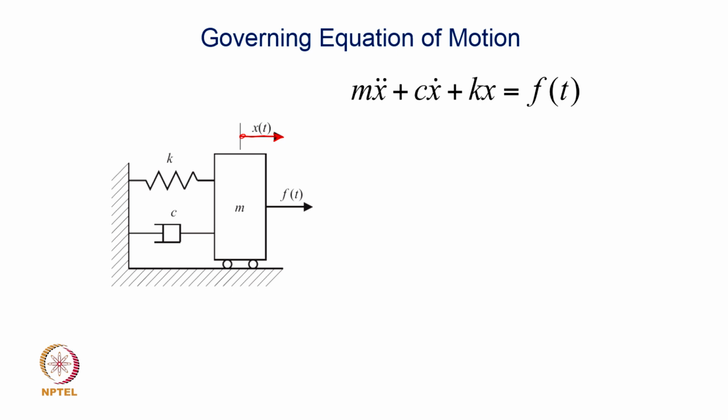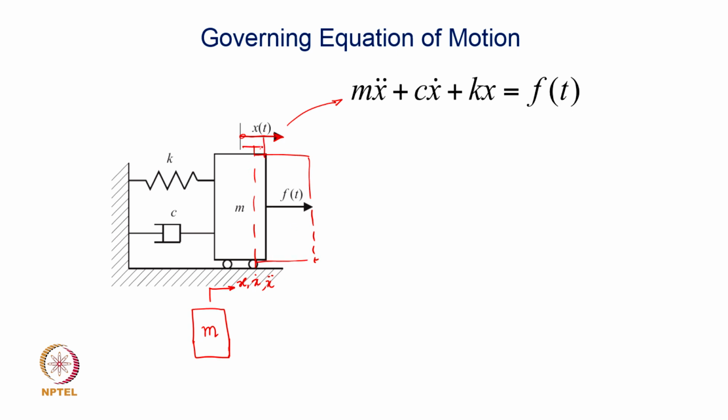How do we get the governing equations of motion? As the vibration analysis step number 2, getting the governing equation from the vibratory model goes through a couple of alternate processes. The simplest one, as I mentioned, is using a free body diagram for this mass m, which is isolated from its surrounding, and then if this is the positive direction x, x dot and x double dot,